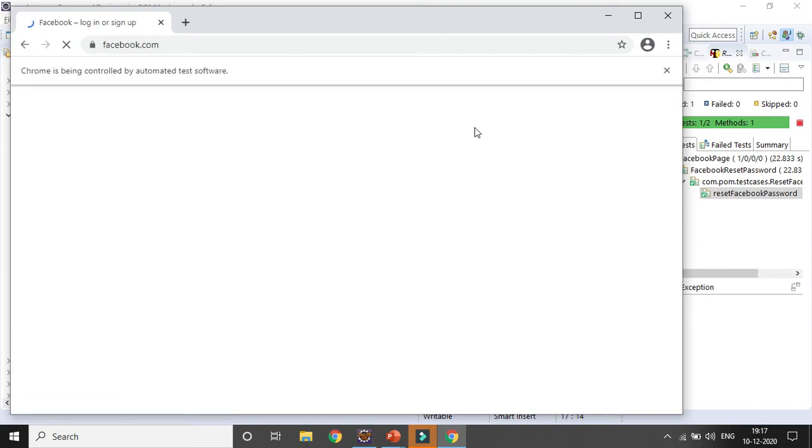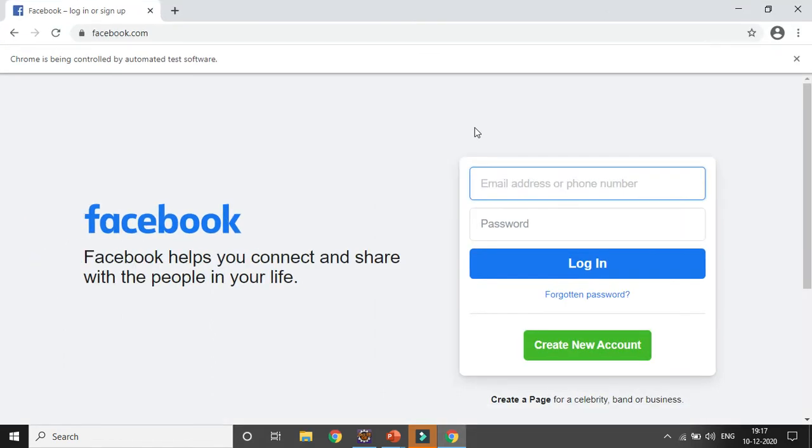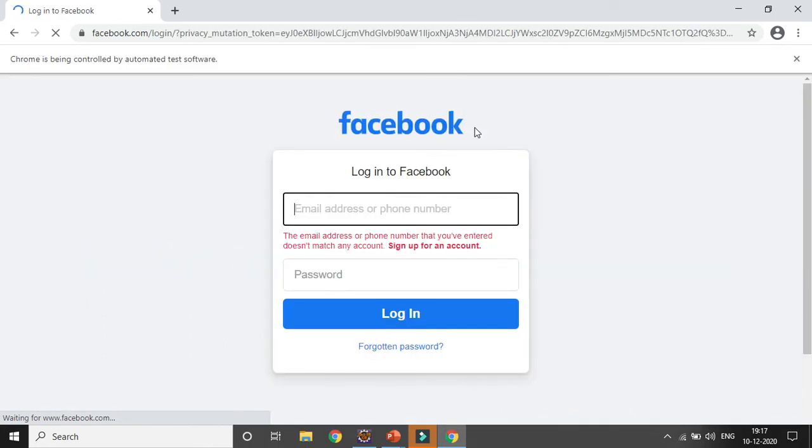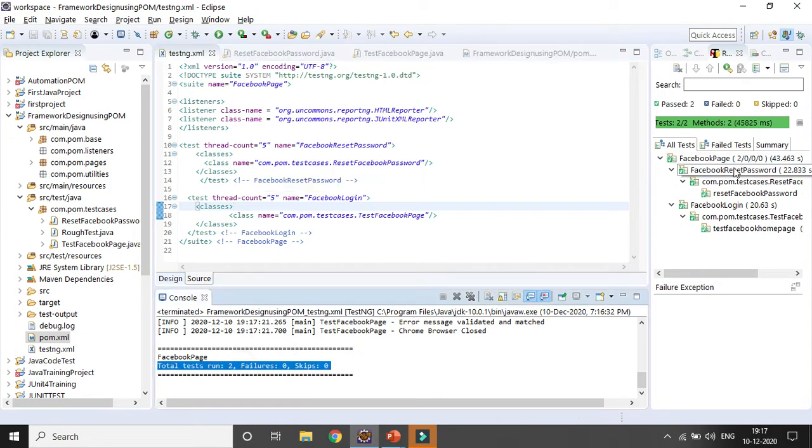So you have to refer to my first video for the page object model, where I started creating the framework from scratch with the help of the page object model. In case you are not referring, you may miss something and it will be difficult to grasp. So try to refer from the first session in that particular playlist available for the test framework. You can see both the test cases getting passed.